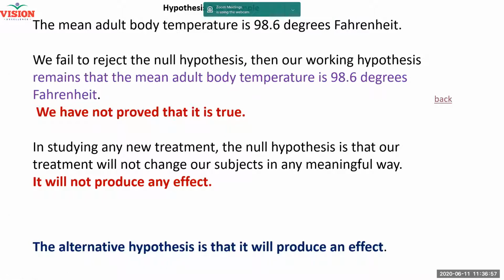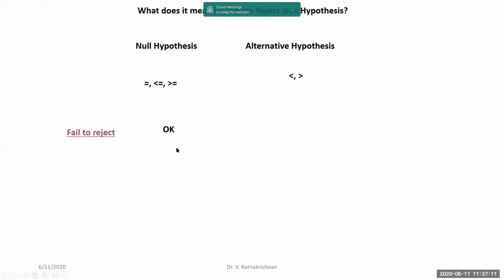Please note, we only fail to reject it. You are not accepting it, right? It is okay. You are all accepting it because over the years, we have been accepting it. You also continue to accept. Now, fail to reject means the null hypothesis is okay. Whatever is going on is smooth. Do not disturb. What you have observed is only a random chance. It is not significant. That is what it means.